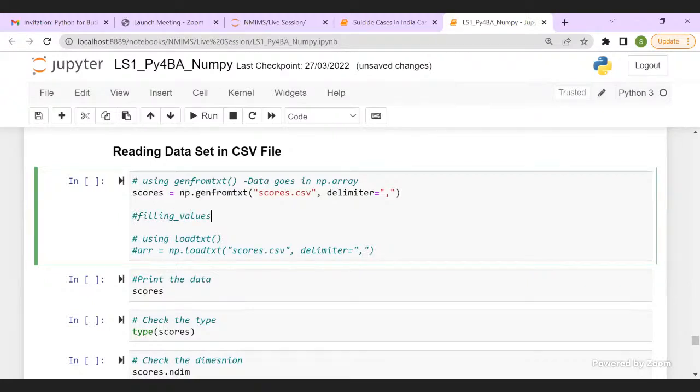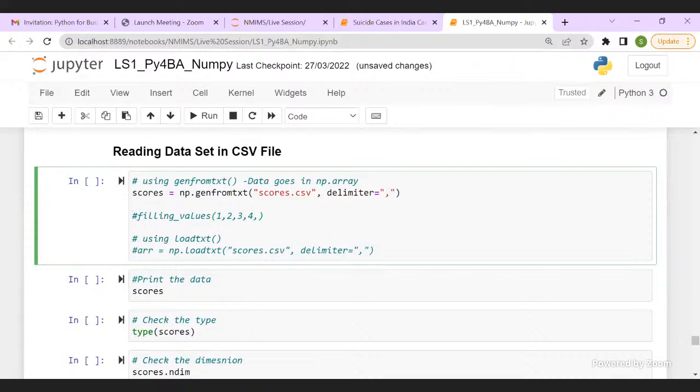So what happens in filling values? Say you have 10 columns in your data, so you specify 10 values here, telling it if the data is missing from the first column, replace it with this value. If the data is missing from the second column, replace it with this value, and so on and so forth.